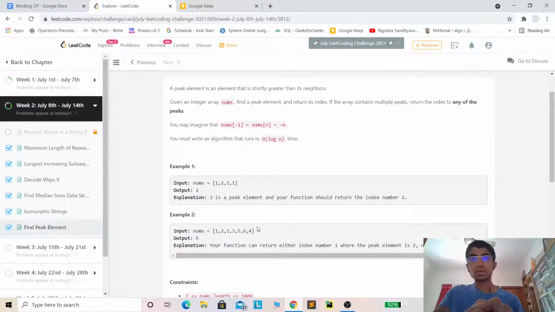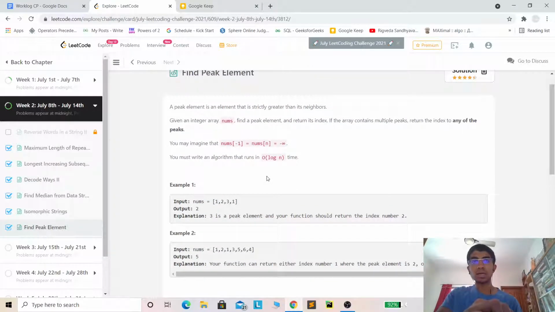So the straightforward approach is obviously to do a linear scan, and for each index check if it satisfies the condition or not, and just return the index. And over here we are guaranteed that there's at least one peak in the array, because in the worst case the array may be entirely sorted, right? If it's sorted in ascending order, then the peak would be the last element, because they have given that the element before the beginning and after the end is minus infinity. So if it's totally ascending, then the peak would be the last element, and if it's totally descending, then the peak would be the first element. So it's obviously guaranteed that there is at least one peak.